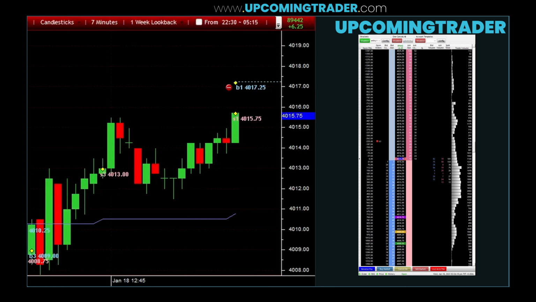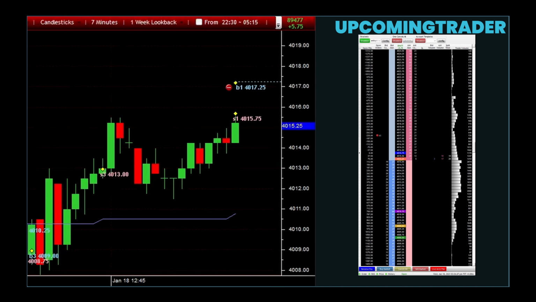Head and shoulders formations can also be identified within the context of the market profile. For example, if the price has spent significant time at a particular level, forming a peak followed by a higher peak and then a lower peak, this could be a head and shoulders pattern indicating a reversal. When the neckline coincides with a high time-based value area, it reinforces the likelihood of a strong move down once